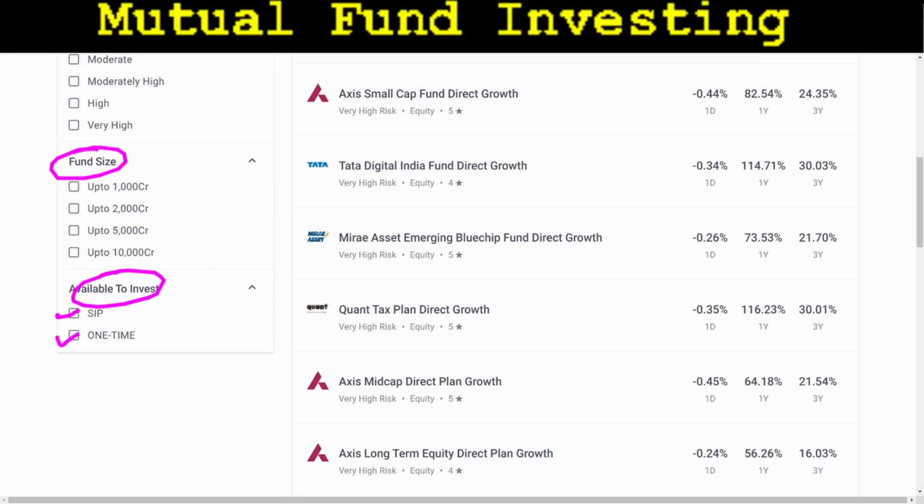This again depends on individual to individual. SIP stands for Systematic Investment Plan. That means after you select a particular mutual fund, a certain amount of money is debited from your account every month and then invested in that mutual fund. So for the debited amount, whatever is the NAV of that mutual fund, the number of units translated will be credited to your demat account. And by one-time investment, you invest as per your choice. You are free to select the amount and you are free to select the timings also.